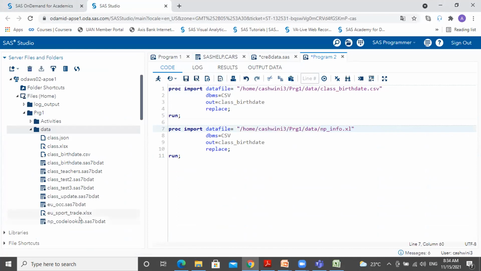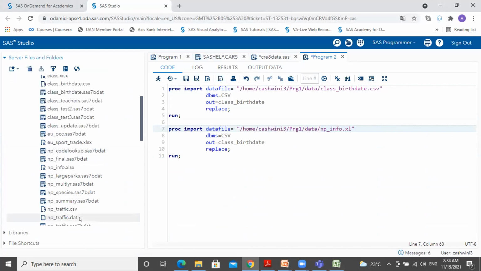Is it XLS or XLSX? It's the DBMS option, I change it to XLSX. And now just understand, I'll give a new name for it, suppose NP data. Fine. So I execute this. Now pay attention.